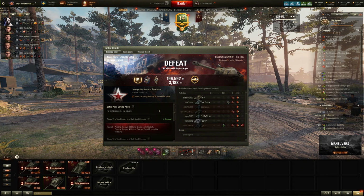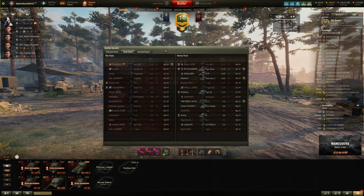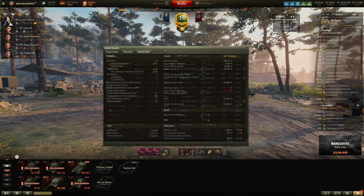Ace tanker in the defeat. We got High Caliber as well. High Caliber with a tier 7 DD in a tier 9 battle. Not bad. 5,126. Is it 26? Yeah, 26 damage done. 1 kill. 803 base XP. And made 124,000 credits profit, actually. And I fired, how many premium rounds did I fire? I don't know exactly, but we fired a couple premium rounds over there as well,